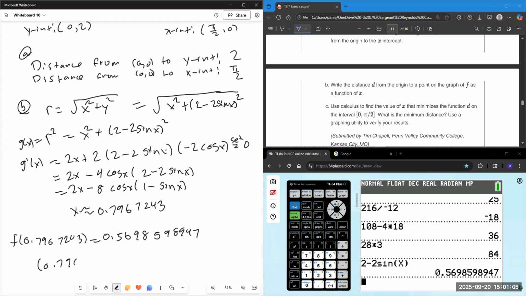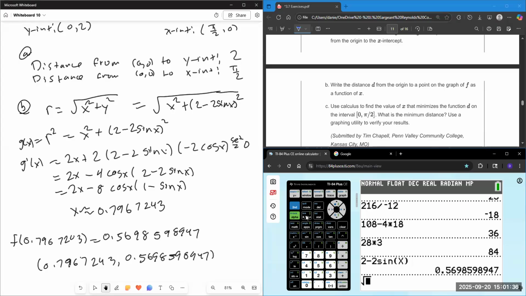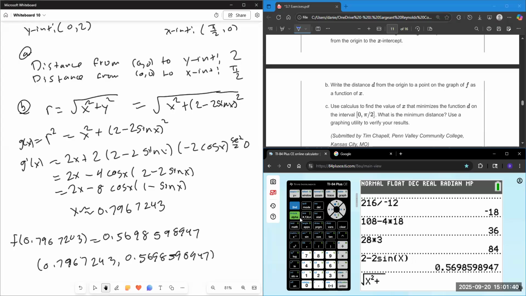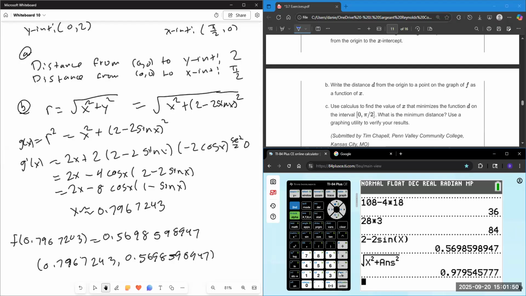And if I want to find the distance from the ordered pair 0.7967243 to 0.5698598947, so take x, so hang on, square root of x squared plus the answer that I just got squared will be my x squared plus y squared, and my distance r is